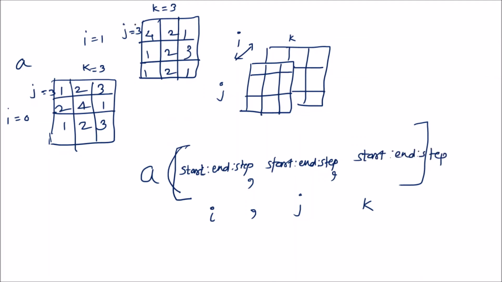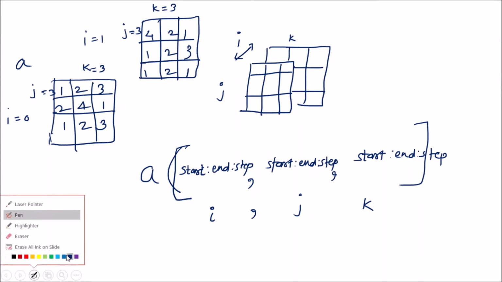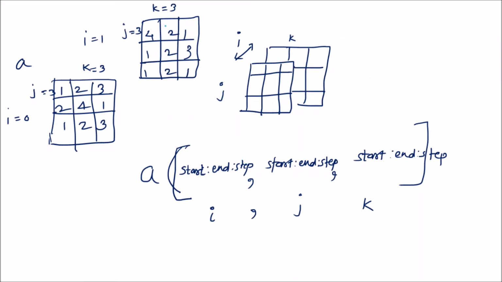Suppose you want to clip this much part. How can you write it? If you want to clip this much, it is in which frame? I is equal to 1. So how can you write? A is equal to a square bracket. What is the I? The starting index is 1, colon.